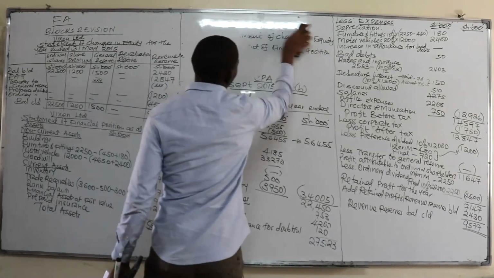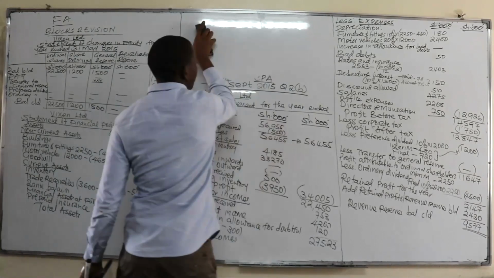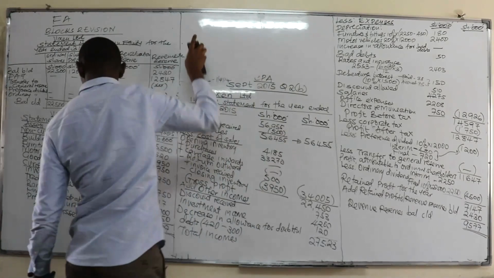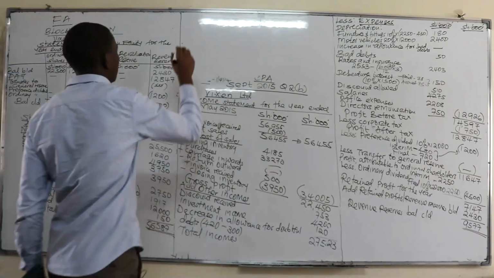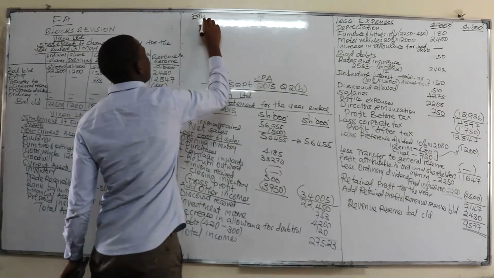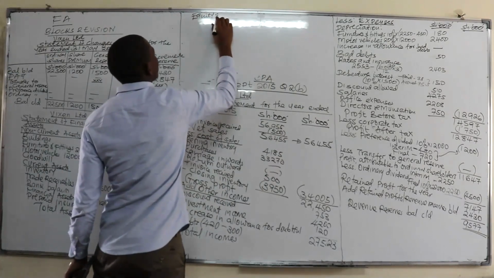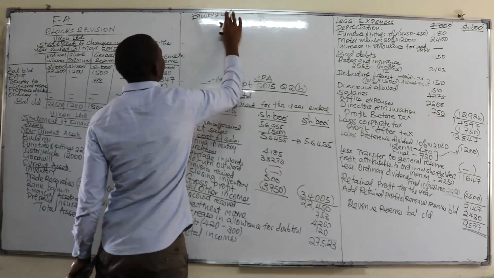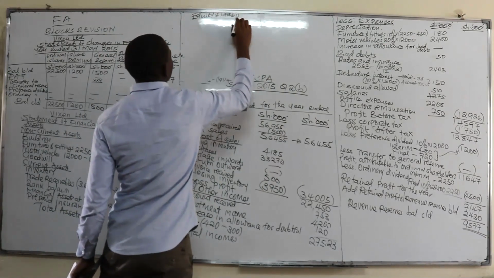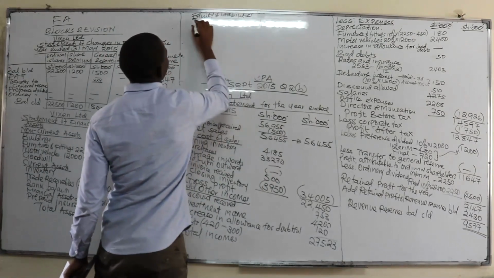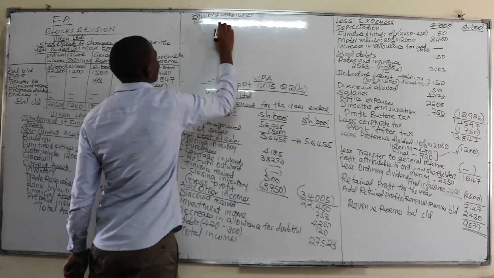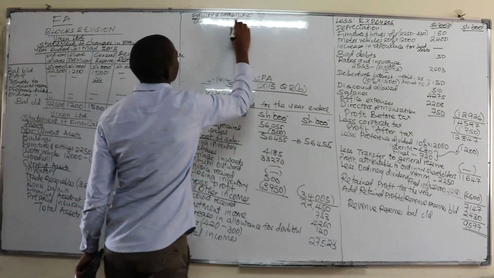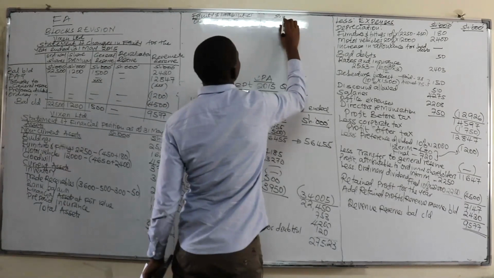I'll just wrap up the part for equity and liabilities. So I begin with the part for the equity and liabilities. Now, in this case, we don't use the capital, but we talk of equity and the reserves, and liabilities. So for equity and liabilities, first you have to begin with the ordinary shares.